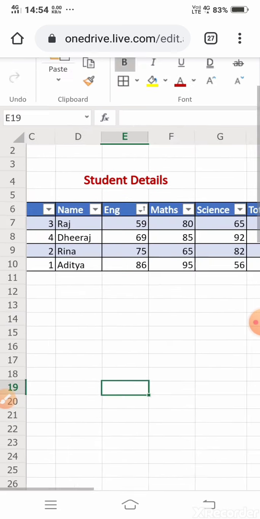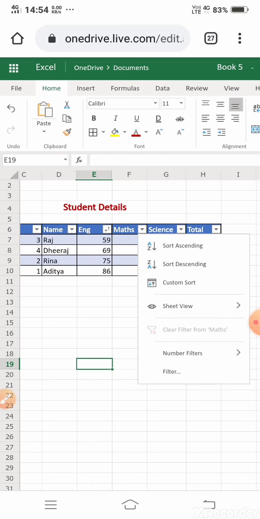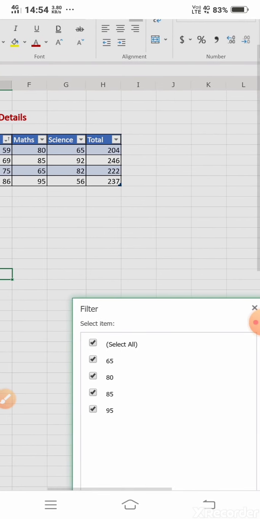The next one is filtering. If you want to filter, go to the particular column, say maths, then go to the filter option. Here you see select all the items: 65, 80, 85, 95.